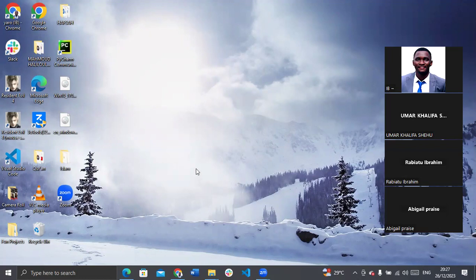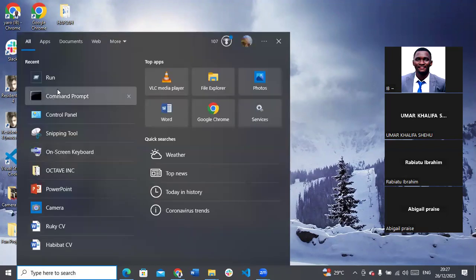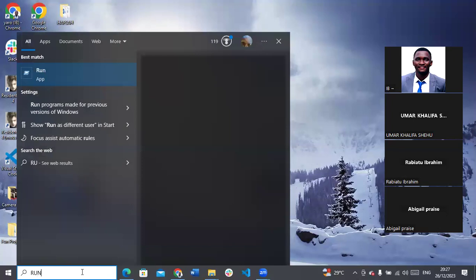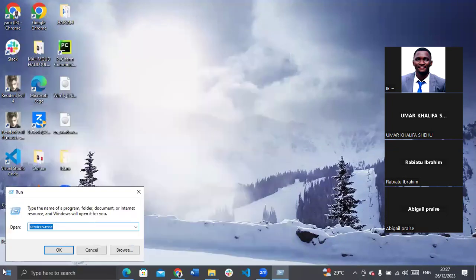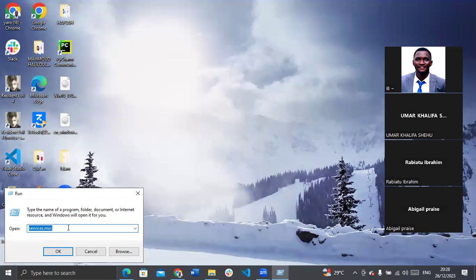So first thing first, this is your desktop. You have to come to what we call the run command. Window R is the shortcut, but I'll show you here. When I type run, this is the run command. If you click on it, a dialog box will come out, and it always comes out at the bottom left here. So you type in services.msc. Look at it,